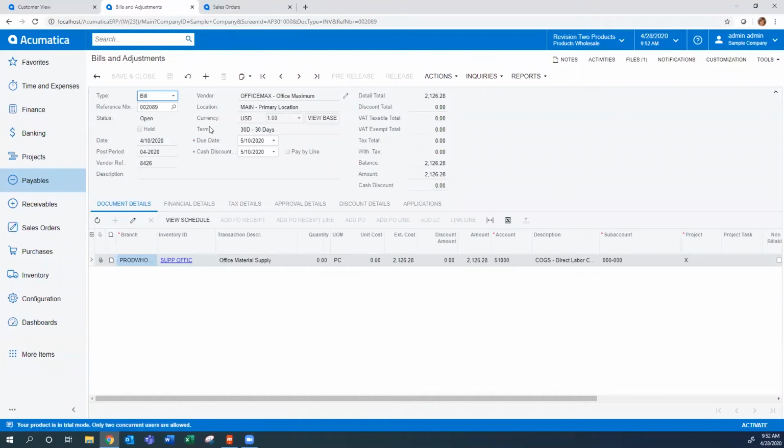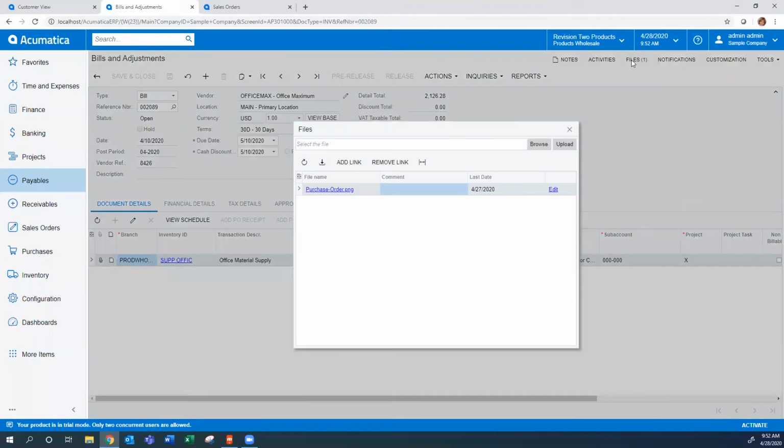So I mentioned a bit ago that lots of people like to be able to enter notes about transactions or notes about records within the system. You also have the ability in virtually any screen or any record in Acumatica to attach a file. I'm using accounts payable as an example because quite often folks want to have a copy of the invoice and possibly even a copy of the purchase order embedded within the accounting transaction that's in